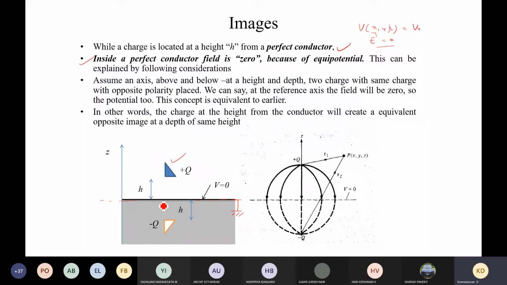In the y-axis plane, and at a height h, we are actually going to keep the